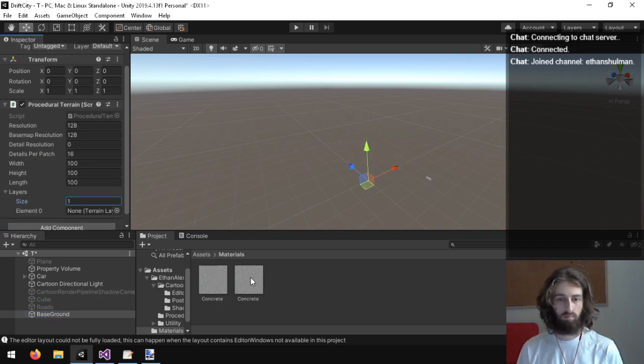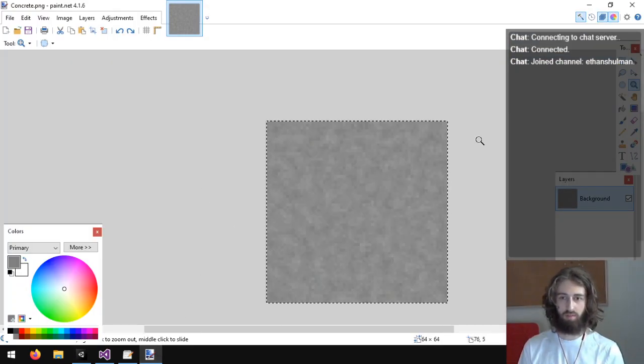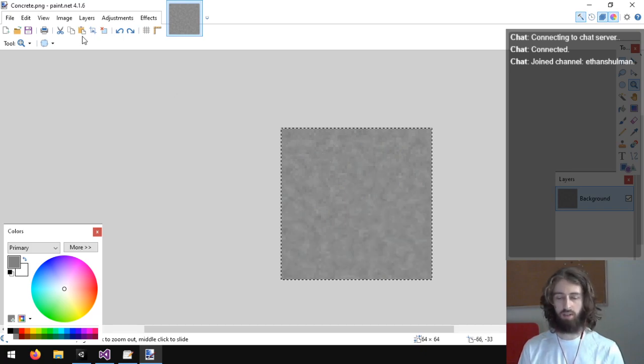All right. I'm also thinking, I feel like doing another texture while I have this up. I feel like I'll also want to do dirt. Like, dirt ground.